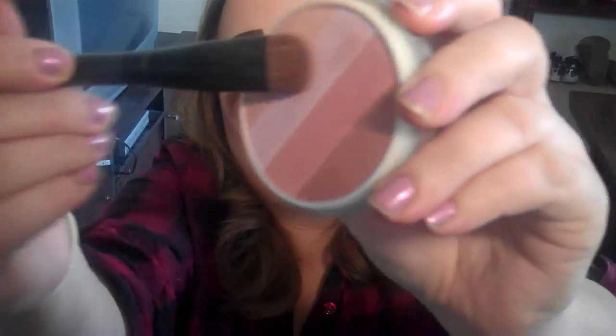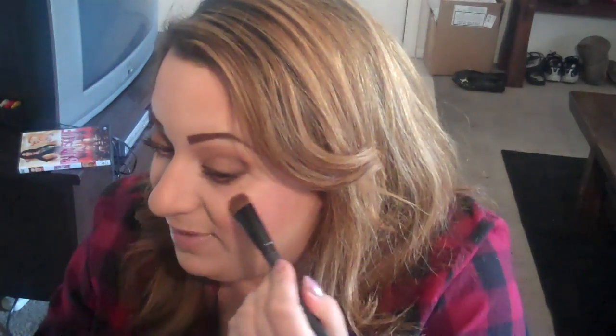Okay. And then I'm going to go into another Mega Glow powder, and this is Catwalk Pink, and I'm just going to take these two top pale colors and put them on a nice firm brush as my highlight, and I'm going to put it on the highest